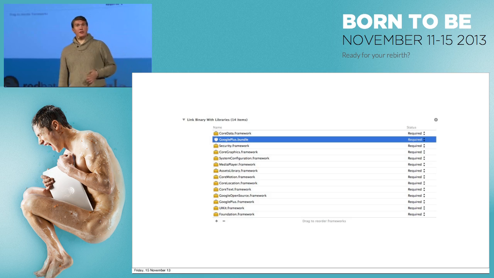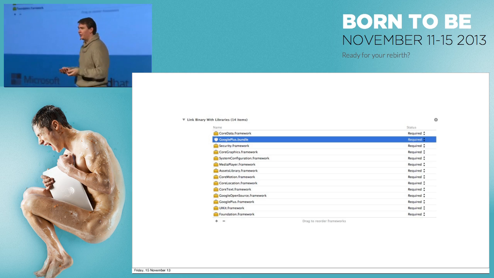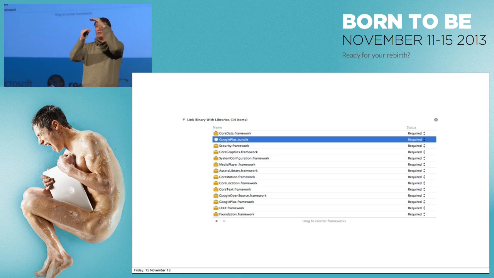Now, once you've done that, you need to include some dependencies. There are three dependencies in here. There's the Google Plus framework, the Google Open Source framework, and the Google Plus bundle, which is basically what's in the Google Plus iOS SDK. This is our bit of code that we're giving to you. The rest of this here are system bundles. And if you've implemented Google Plus Sign-In on iOS before, you might notice there's a few more. The reason for that is we now have a native share box. So we have a share box that actually is in the application, doesn't take the user away, allows you to attach images, allows you to attach videos and interactive posts and all that kind of thing. So it's a lot nicer, but it does require a few more system frameworks.